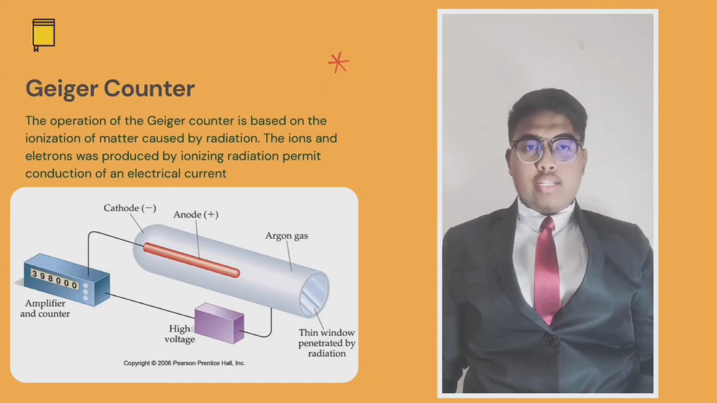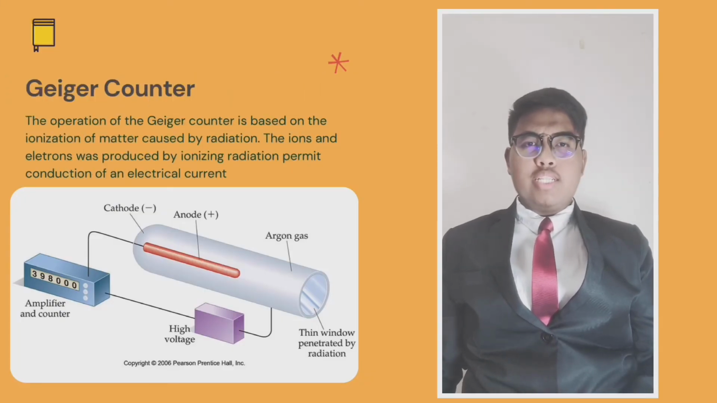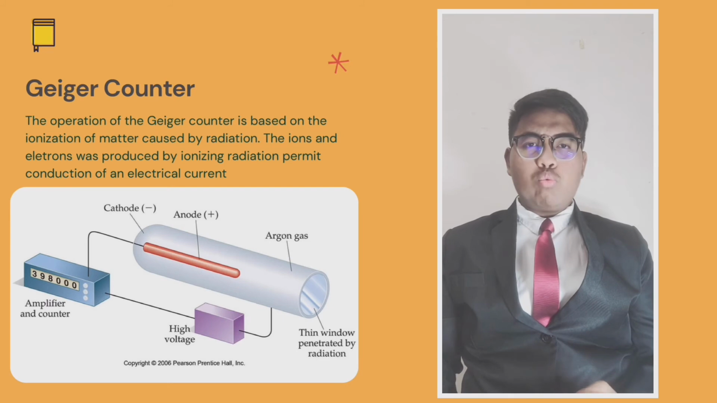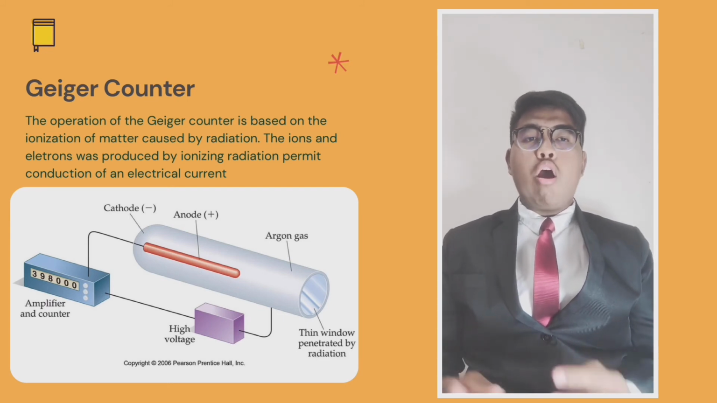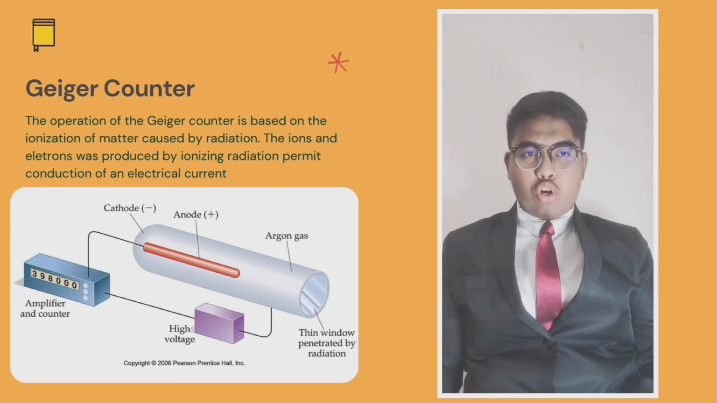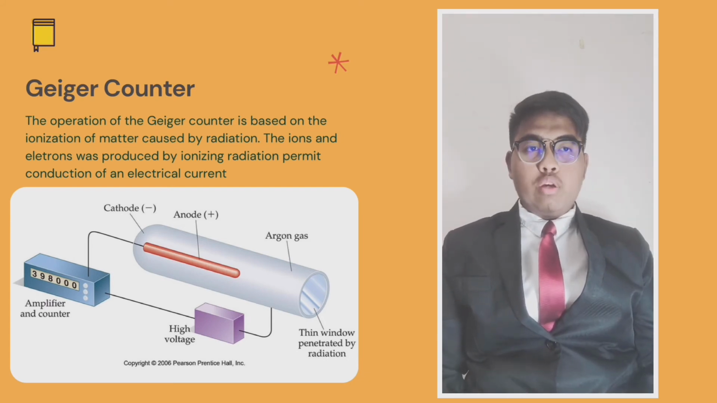Geiger counter. The operation of the Geiger counter is based on the ionization of matter caused by radiation. The ions and electrons produced by ionizing radiation permit conduction of an electrical current. The basic Geiger counter consists of a metal tube filled with argon gas. The cylinder has a thin window that can be penetrated by alpha rays, beta rays, and gamma